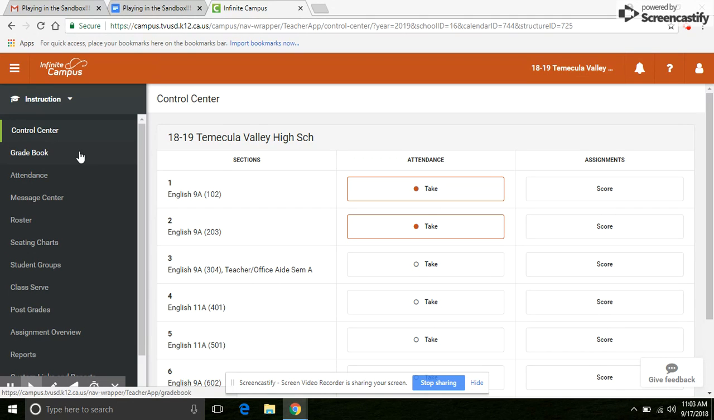I'm here today playing around in the sandbox so that I can show you how to create your categories for your common district benchmark assessments and how to put assignments into those categories so that we have a total of 5% of the total grade for those categories. So the first thing you'll want to do is go to your gradebook